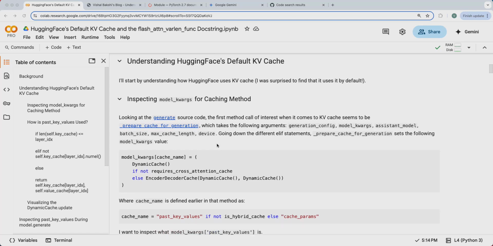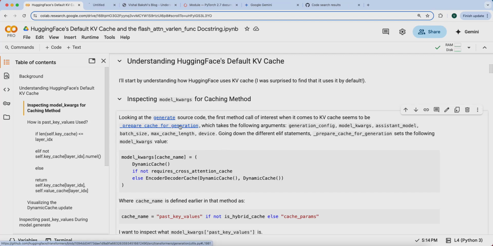I'm using model.generate to generate my next token prediction tokens. And so I was looking at the generate source code, just browsing through and trying to find anything that would help me understand where this cache was created and how it was used. Along the way, I saw this prepare cache for generation function. So if I pop that open